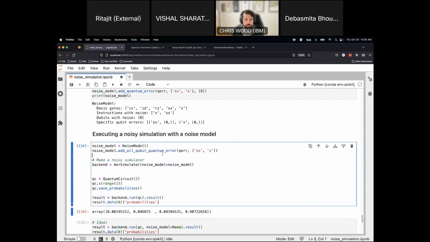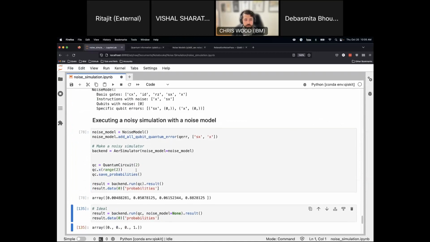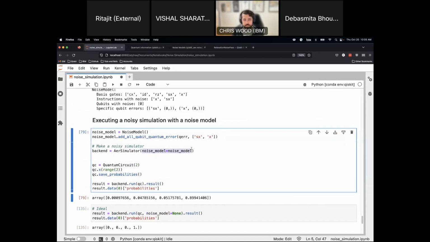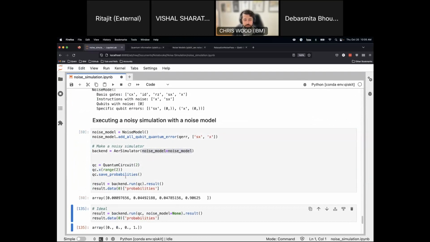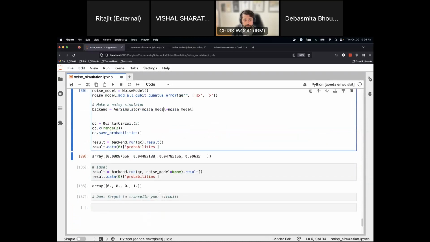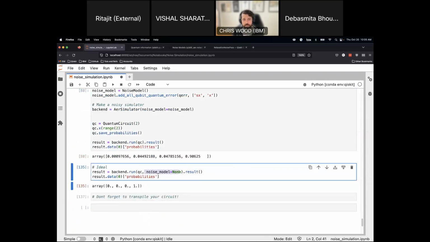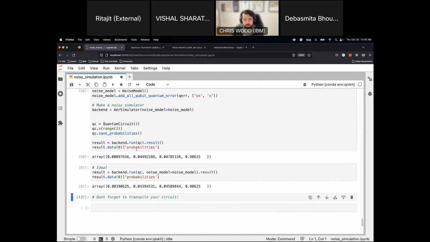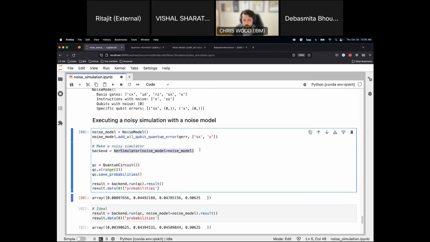Yeah, so here it is. One thing I could do here is something like this. I build the noise model, I can initialize my simulator with the noise model, and then I can run it. Alternatively, I could have passed the noise model as a run option. So I can set it to none here to do an ideal simulation, or I could have set it to the noise model. But typically it's better to set it as an option of the simulator because some things happen behind the scenes